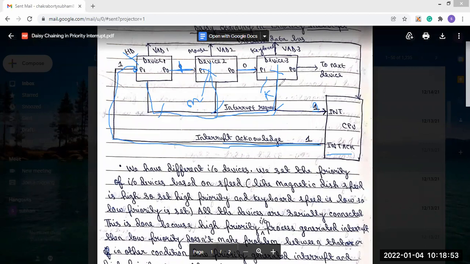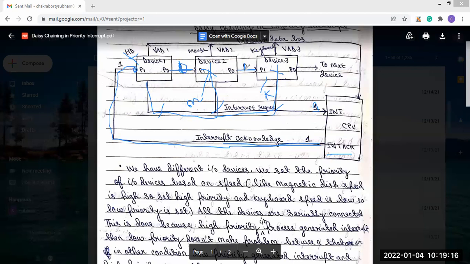And in case 3, let's say device 3 generated the interrupt. In that case, the 0 will go there also, and then device 2 will what? Device 2 doesn't generate the interrupt, so it will not consume the 1, and it will send the 1 to device 3.